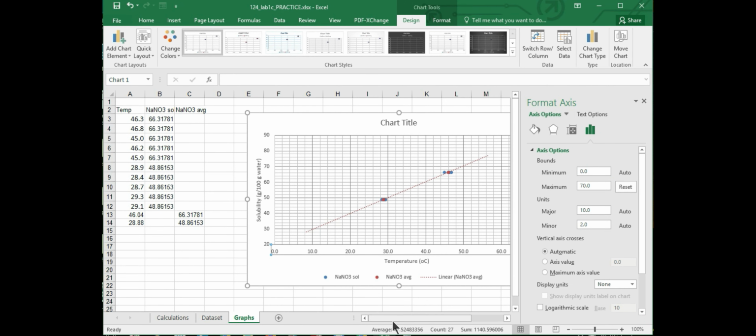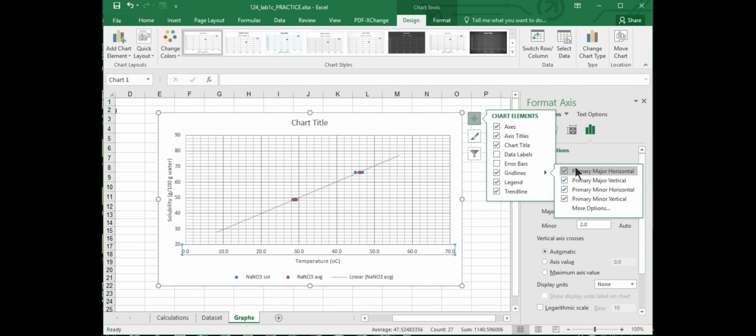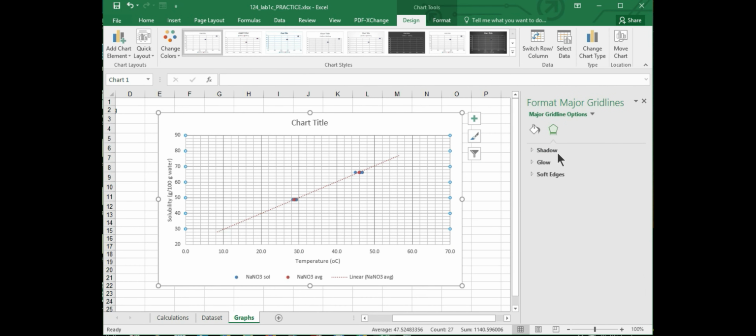So I need this, let's say I want it to go up to 70 so I can read 65. So notice now the graph goes from 0, that's my minimum, to 70, that's my maximum. And that means I'll be able to read values off of here. Now you may only have these big lines on here. These are called grid lines, and I get to them from here. If I click on the plus, see how I have the grid lines? And if you click on this little arrow here, you'll see I have major and minor, and I have the horizontal and the vertical. And if I click on more options, one thing I can do is